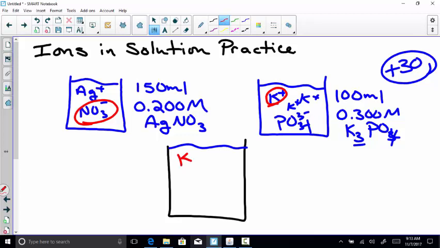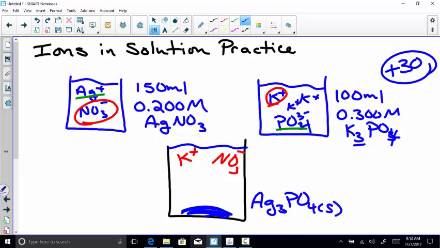So there should be potassium ions and nitrate ions left floating around. And then what we should be able to see is that the silver ions should be reacting with the phosphate ions. So I should get down at the bottom some silver phosphate